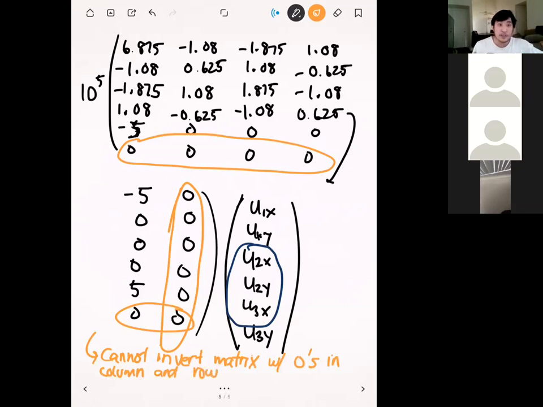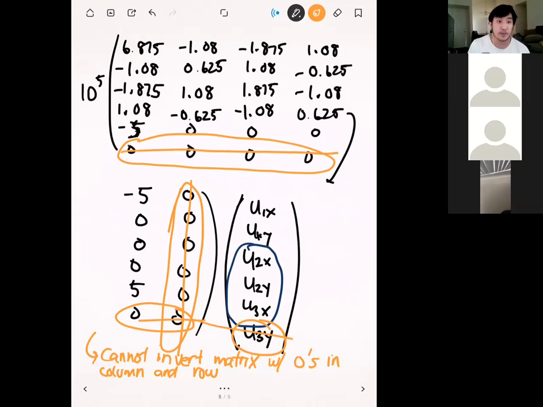And so if you ever come across a situation where you have an entire column of zeros and an entire row of zeros, most of the time they're going to be matched. So you can see in this case we have the last column and the last row, right? Those rows correspond to u3y. Before you plug it into MATLAB and try to solve it, you need to eliminate these from the system. So we're basically going to delete that entire row and delete that entire column, okay? And so now what we'll have is just a 5x5 system